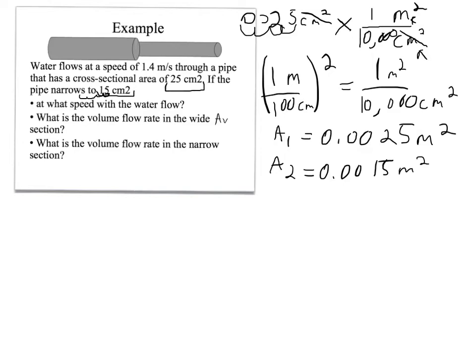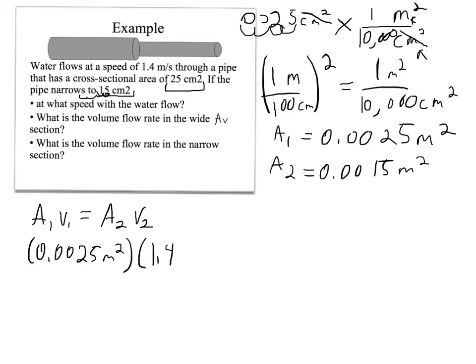Okay, so the principle of continuity tells me area 1 times velocity 1 equals area 2 times velocity 2. And that first area is 0.0025 meters squared with a velocity of 1.4 meters per second. Now you might wonder, Mr. Melvin, why didn't you solve that equation before plugging in the numbers? Because I noticed these last 2 questions ask me to find AV. So if I set the equation up so that when I multiply this left side, I will have answered this question. So why not go ahead and plug in the numbers since I'm going to have to later anyway. Equals the second area,